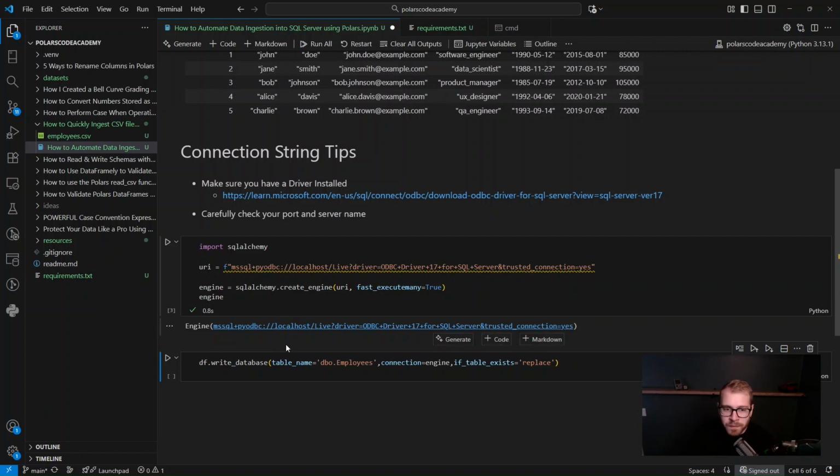I do hope that eventually we get a native write database function for SQL Server, but as of right now, this is kind of what we got. So,